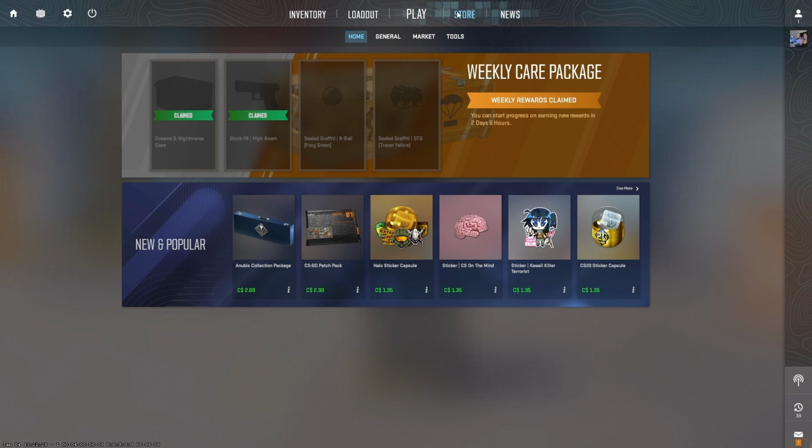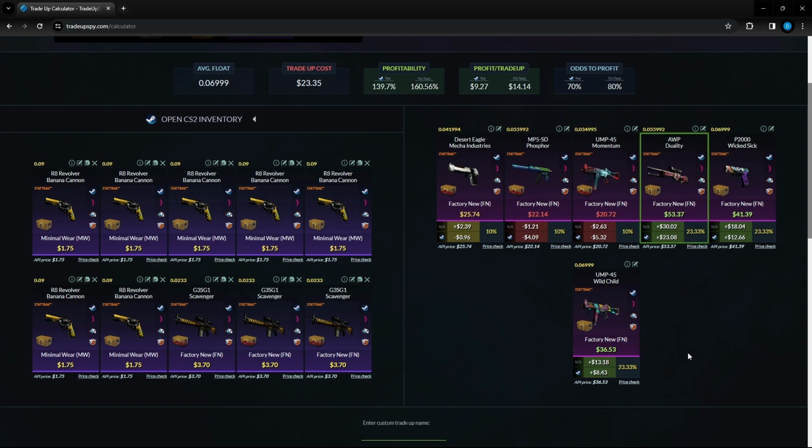We sold these both for a combined price of $1.12. We are going to be starting off this video with $189.58 in our balance. Taking a look at the first trade up we're going to do here, it costs